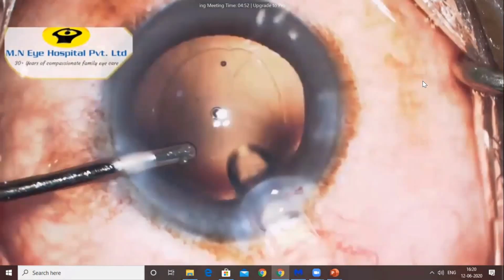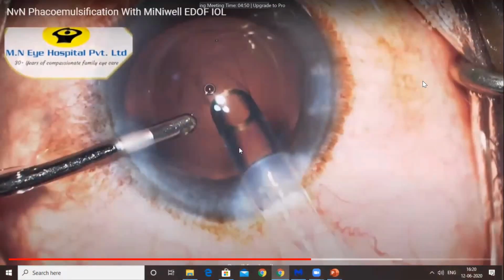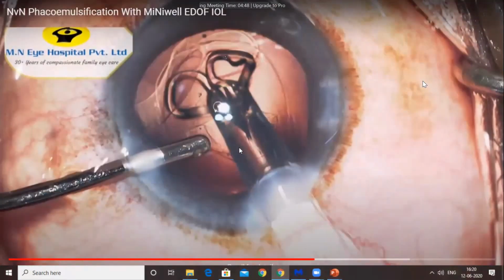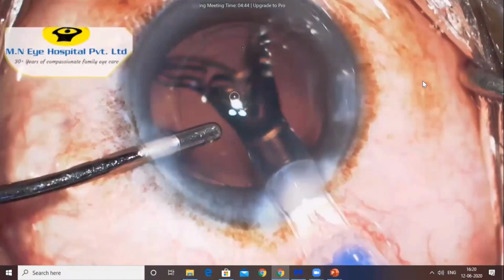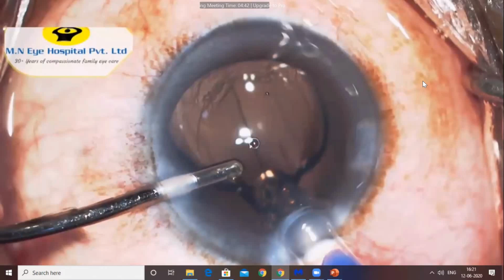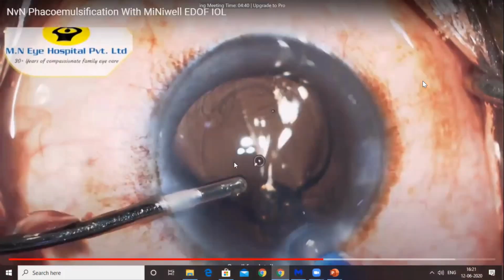Under irrigation, the intraocular lens is injected into the capsular bag. The beam will enhance depth of focus. You can see here, after implanting the lens, the doctor will show you the diffractive refractive zones very clearly